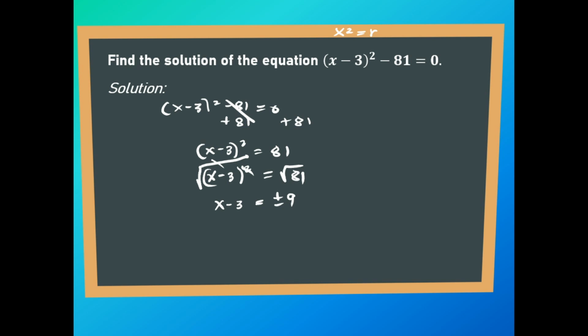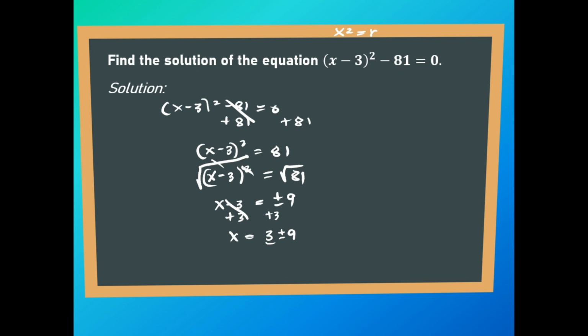Then, kailangan kunin natin yung value ng x. So, plus muna tayo sa both sides by 3. Plus din tayo dito ng 3. So, eliminate na to. So, magiging x equals 3 plus or minus 9. So, yung positive or negative 9 natin, magiging plus or minus na siya. Bakit? Kasi meron tayong number here